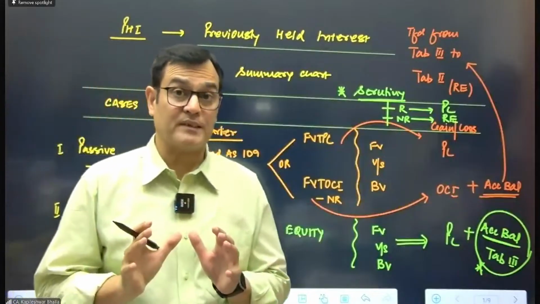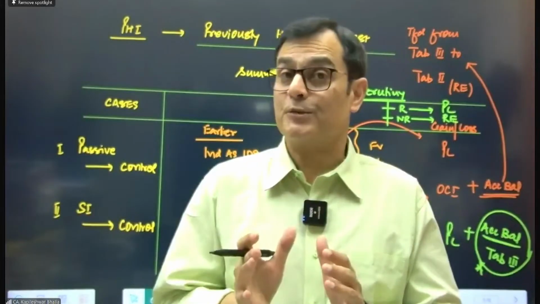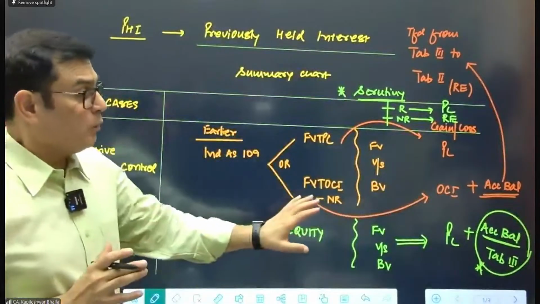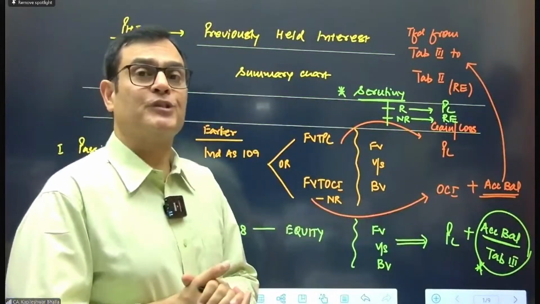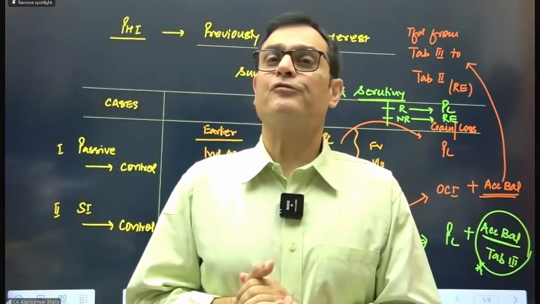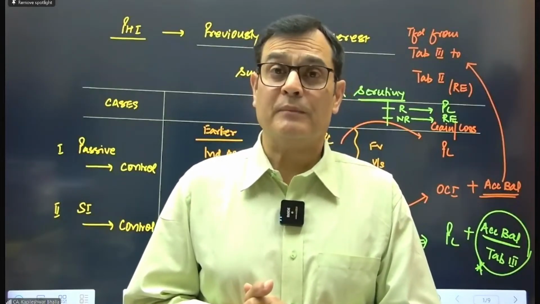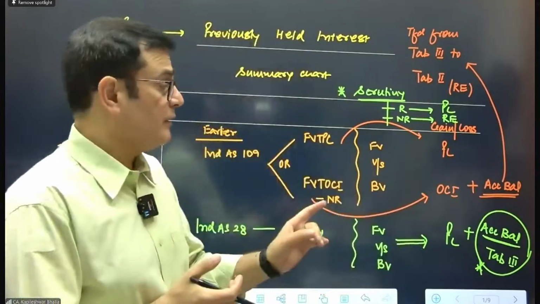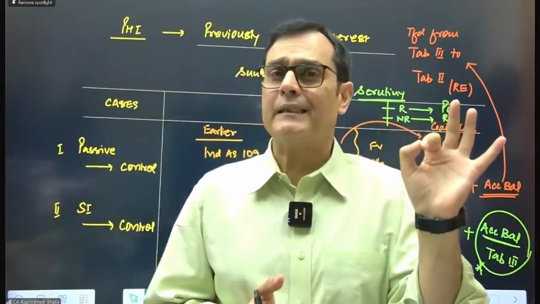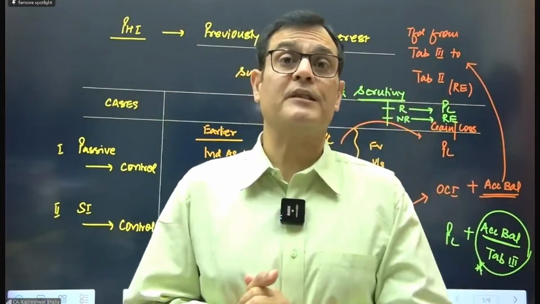Let me just connect the dots once again on the second case. There has been an examination question on the second case as well, because I think that is the only interesting area. So remember, when it is a conversion of an associate into a control, you've got two focus points. One is the fair value on the acquisition date compared to the book value on the equity method. As per equity method, any fair value gain or loss is going to be taken in the P&L. That's, I think, simple. Updating the PHI at a fair value and the gain or loss is taken in the P&L. But the second most crucial aspect is